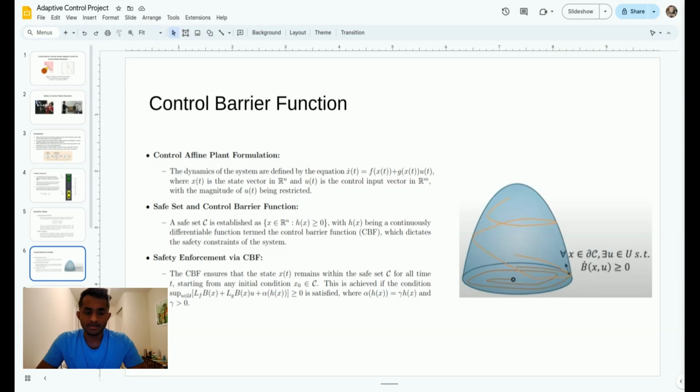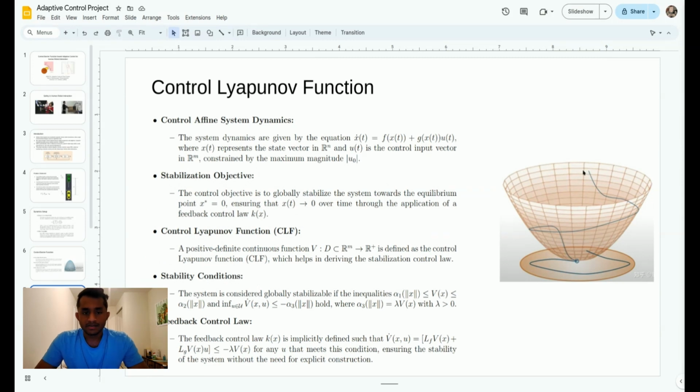The control barrier function ensures that the state x of t remains within the safe set C for all time t. This is achieved if the condition supremum over u of Lf h of x, which is the Lie derivative of h along f, plus Lg h of x, which is the Lie derivative of h along g, times u, plus alpha of h of x is greater than or equal to 0. Here, alpha of h of x is equal to gamma times h of x, where gamma is a user-defined constant which needs to be positive. The system dynamics are given